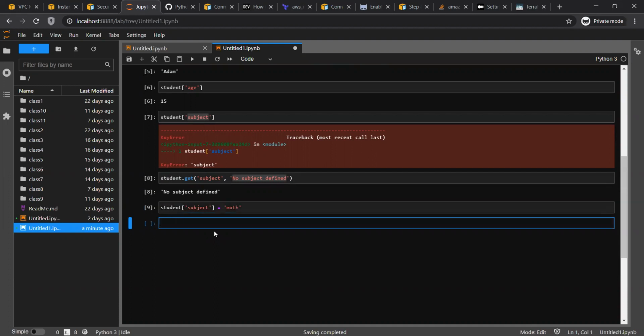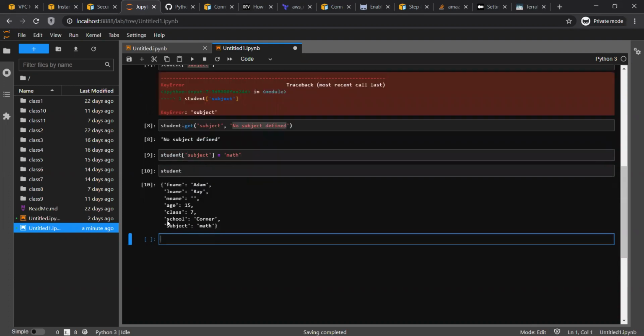And if I run it and now see student, you see here subject has been added, math. So to add a key-value pair in a dictionary is very easy. You can simply put an assignment operator with a key and that value will be added.